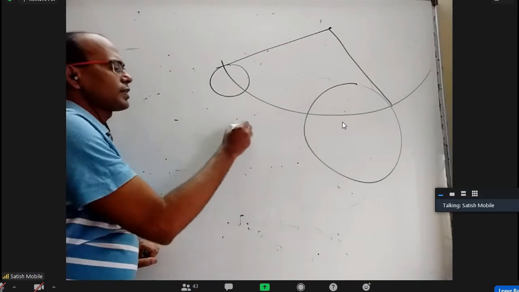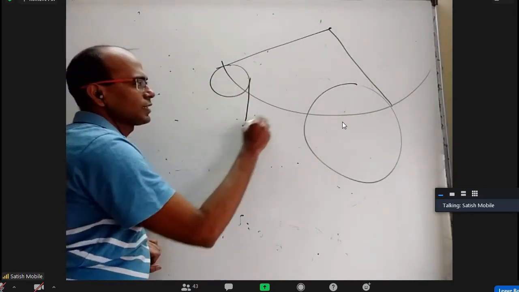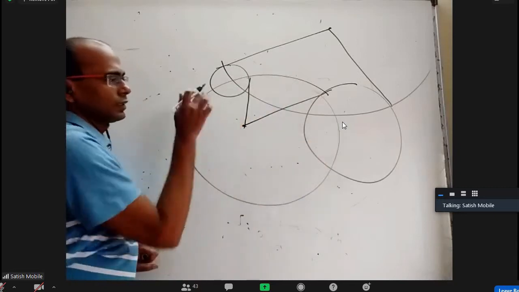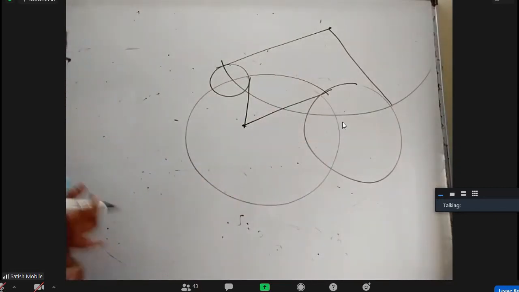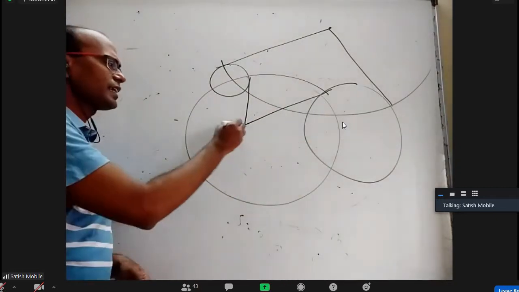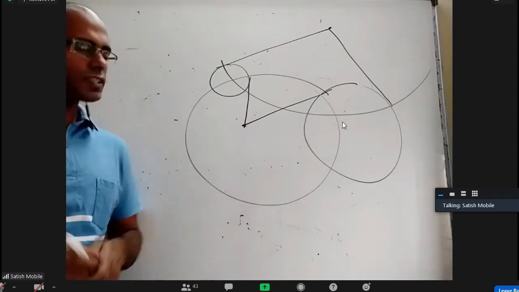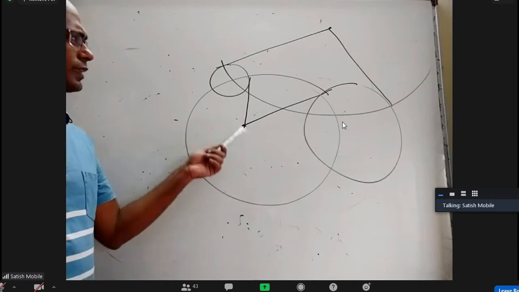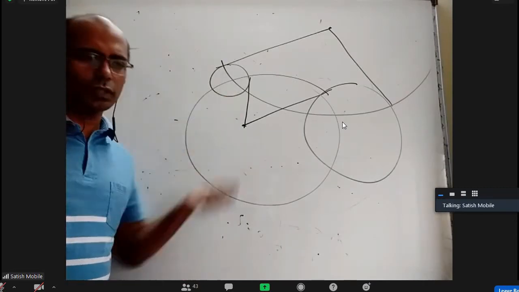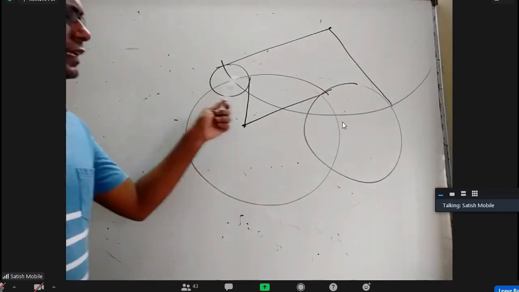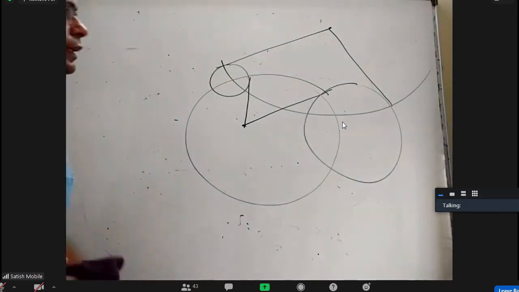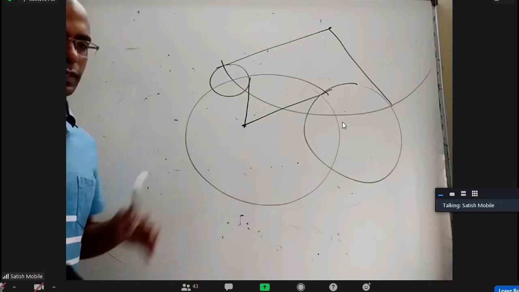Let's say I have some point somewhere here where this length of tangent and this length of tangent are equal. Take that as the radius and draw a circle that will intersect this and this orthogonally. So you have to identify points from which lengths of tangent to both circles are equal, and you take that length of tangent as radius, you will get a circle orthogonally, so you will get infinite circles. So cutting two given circles orthogonally, there will be infinite circles. That's the point. When you join all those centers, what will happen? I'll discuss with you.